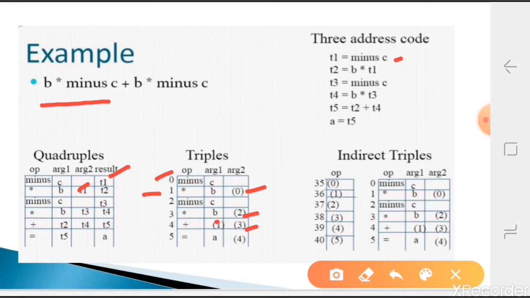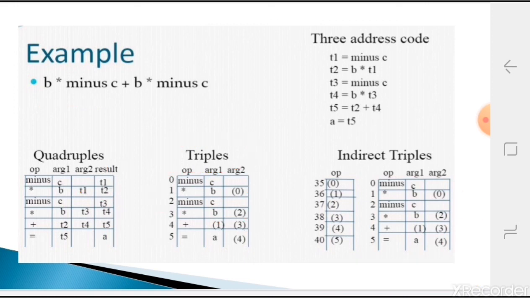Whatever statement we executed, if we want that statement's result in the next statement, we directly use the indexes. These are the addresses; go to that address and take that result. So in triples, we save the number of temporary variables we would otherwise create, that is t1, t2, whatever we used to write. These may be registers in some systems, or actual memory. By using triples, we save the time of accessing that actual memory or register.